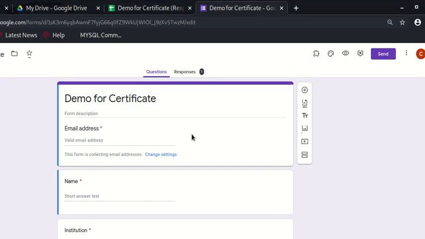So first, we have to see how to create a form. We have already discussed how to create that Google form. I have created this Google form and named it demo certificate. I have mentioned the email address, name, and the institution, because the problem is when we are conducting the seminar